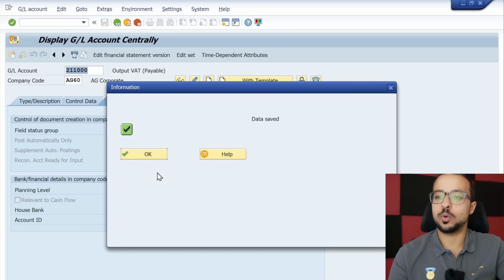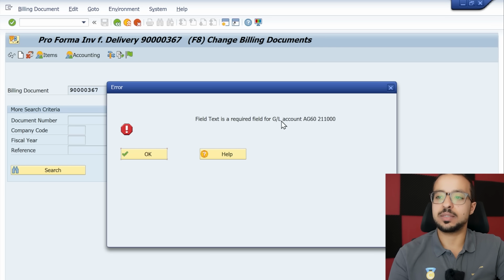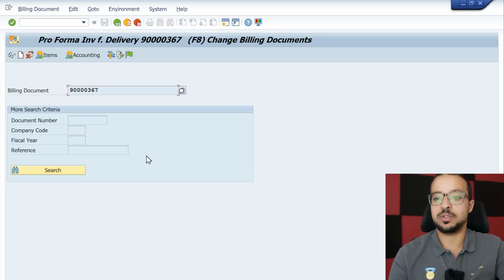And let's go back to our billing document and release again. Field text is required field for GL account 211000. So the field text is required. The reason this is required is because of the field status group. So if I check here the error,